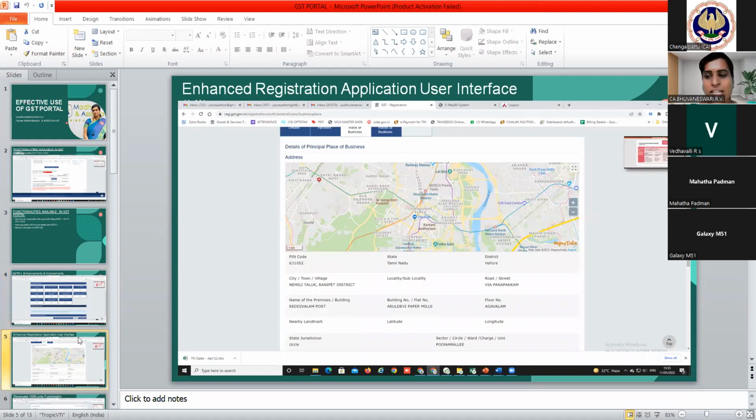The next facility that we have in our GST portal is the enhanced registration application user interface. This is a slightly updated user interface with a Google address map which has been added. Whenever you file a registration application, GST REG-01, there will be a map incorporated. So when you want to fill in the details of the principal